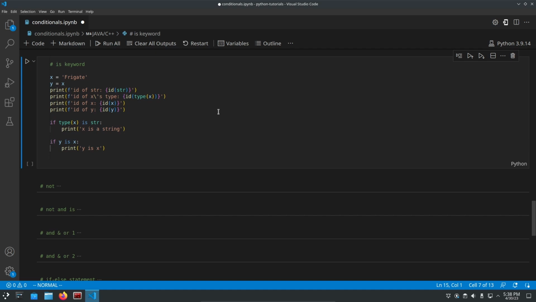The first two will print out the ID for the string type, and then the second one's going to print out the ID of the type x. And since the type of x is string, then that ID value should match what is printed out for string. And then the last two are going to print out the ID values for both x and y. Those should be the same too because we set y equal to x. So if I run this,